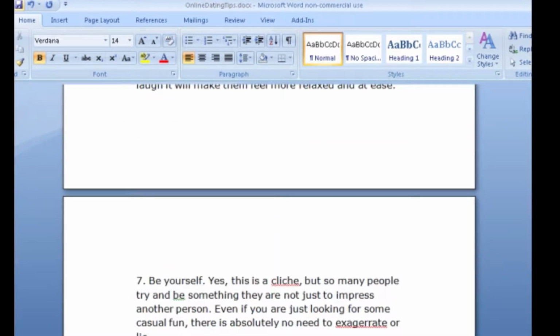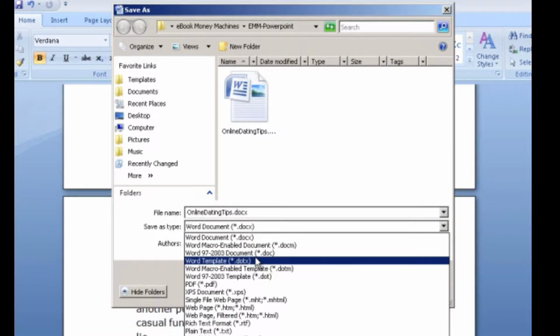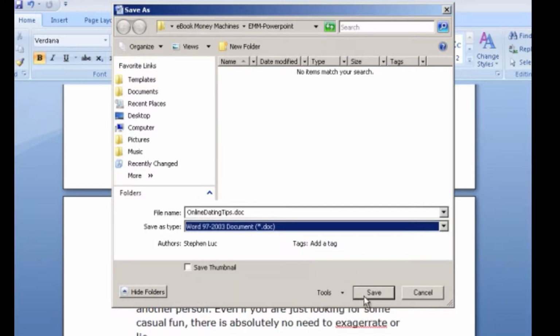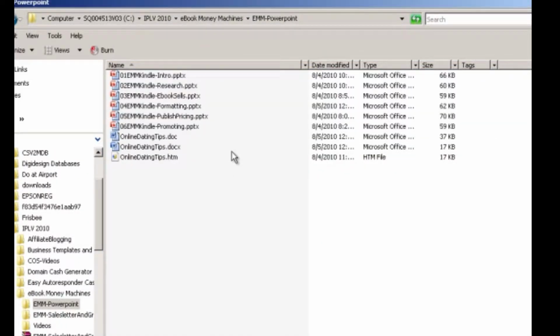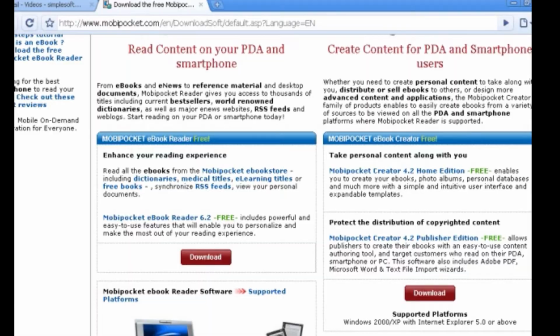And then once you're done, right now it's in docx format. I want to save it in just plain DOC format. So I'm going to pick on this format here, click on save, and then I'm going to close this out. So this is the file that I want to convert. Now, what I need to do now is go to